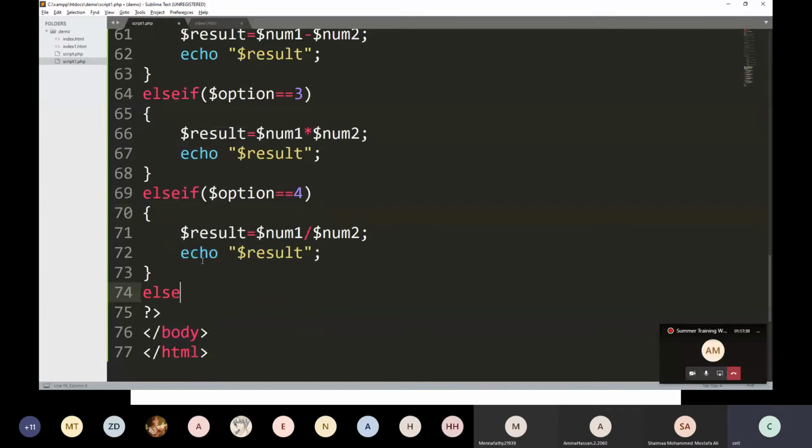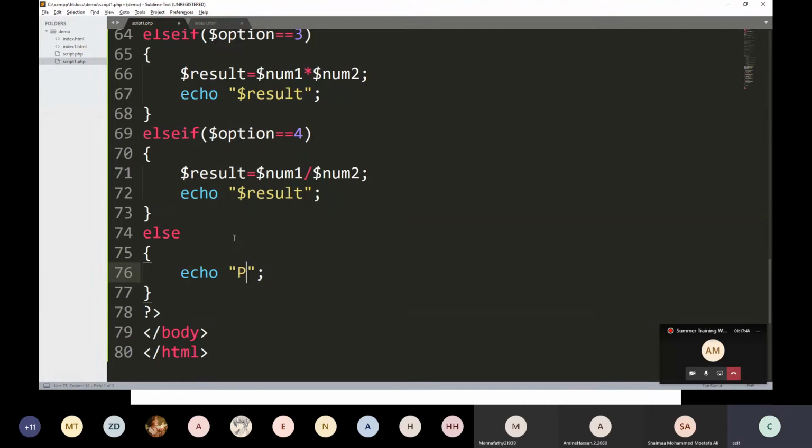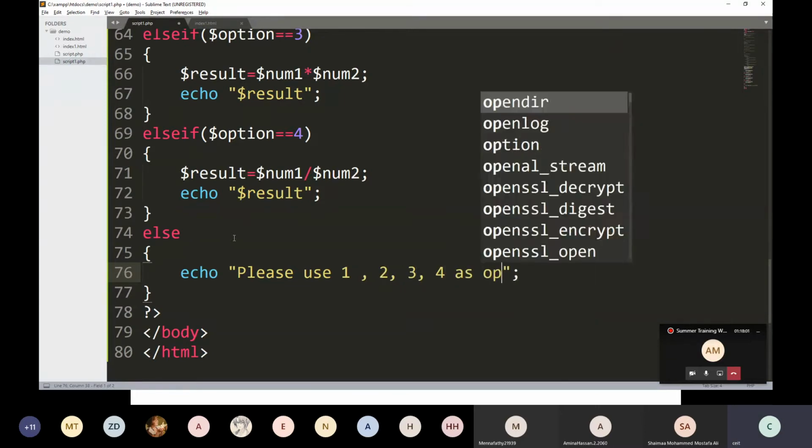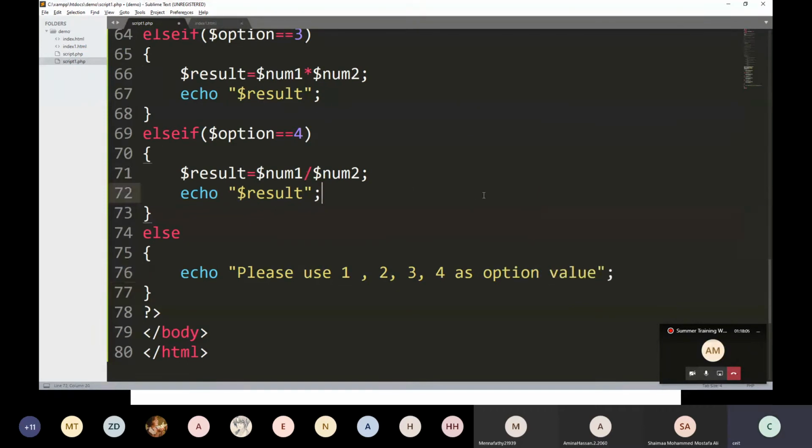And else, here I am writing echo, please use 1, 2, 3, 4 as option value.